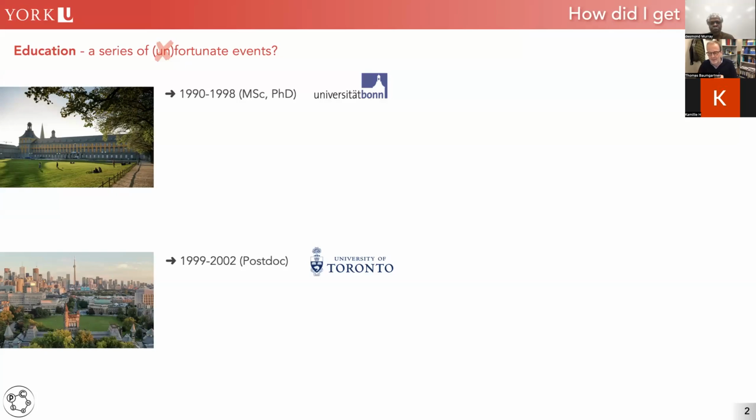Maybe my career path can be described as a series of fortunate events. Because really, after high school, I didn't know what I wanted to do. And back in the day, there was mandatory military service in Germany. So I did that, and then I still didn't know what I wanted to do. I was basically forced to decide on a dime, and entering university was probably the only option on that short notice.